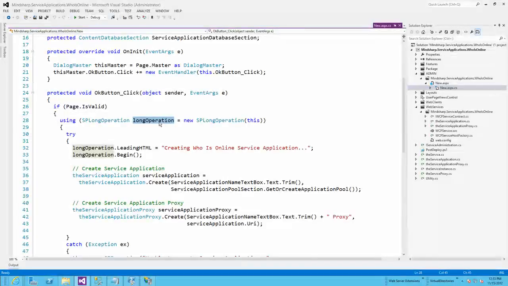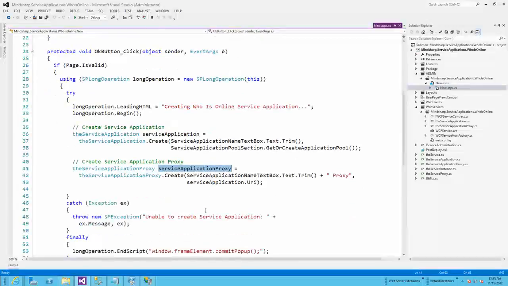So inside of that long-running operation, I'm going to do two things. I'm going to create a service application, and I'm going to create a service application proxy, right? So that the business user can see them show up. Now, they start the service separately. They go to that screen and they say start, right? And so we're not automating that. They have to go say start, and they have to go say new. If they say new, they may not want it started here. They may have started it in some other place, right? So it's up to them to make sure that they're starting it and creating a new instance of that service